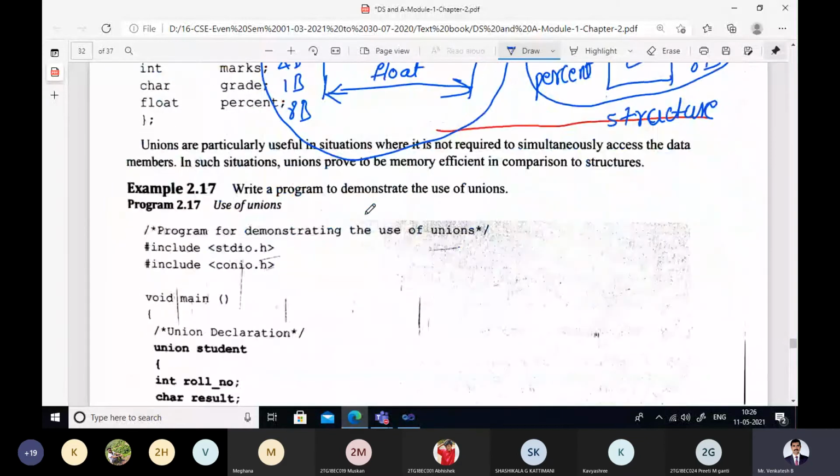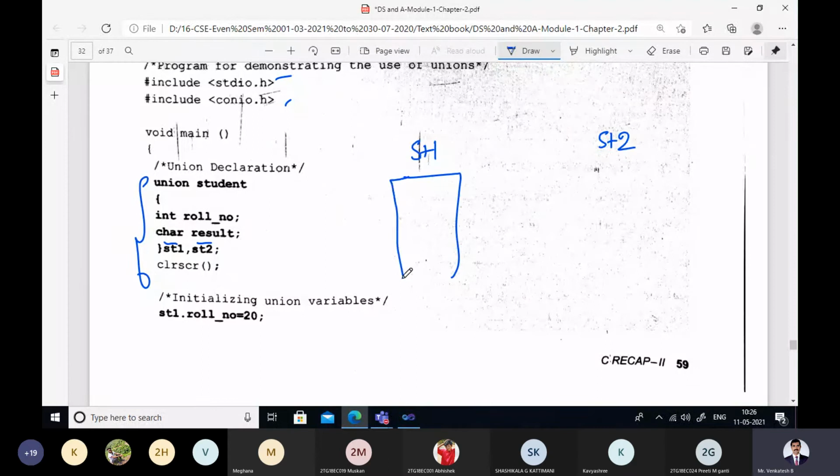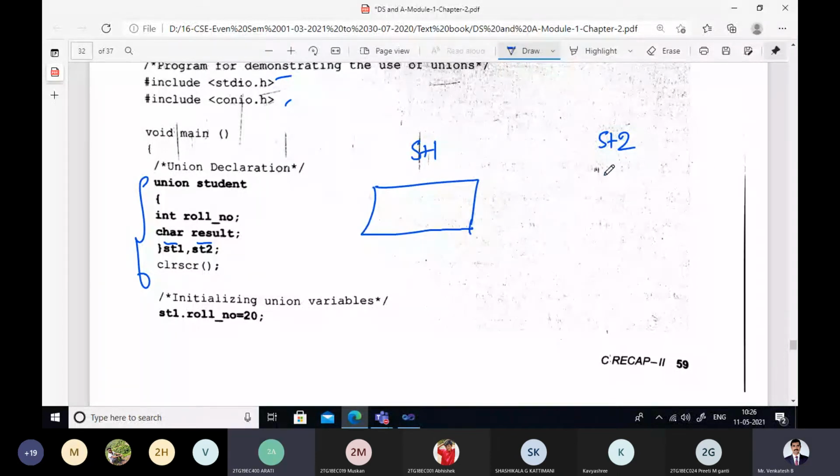So you can see this example here. A union is being declared. ST1 and ST2 are the two variables of type union.